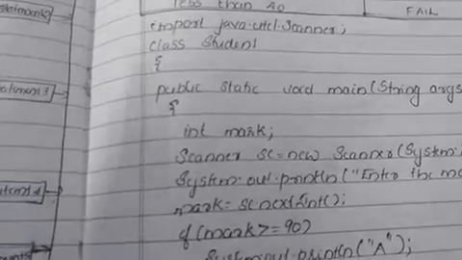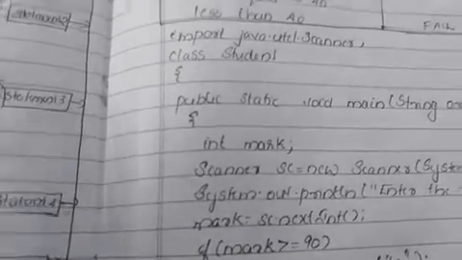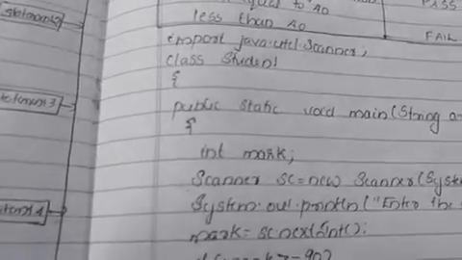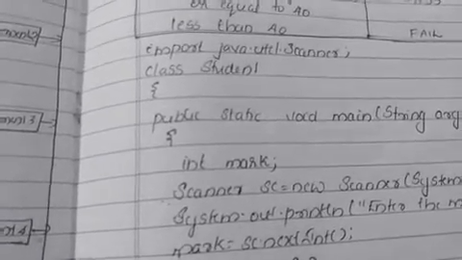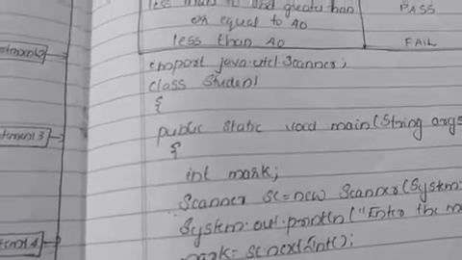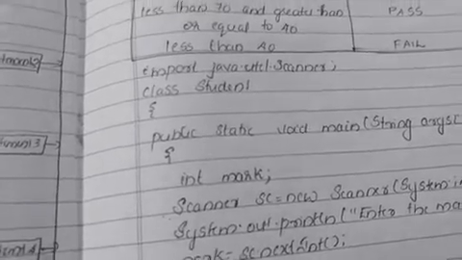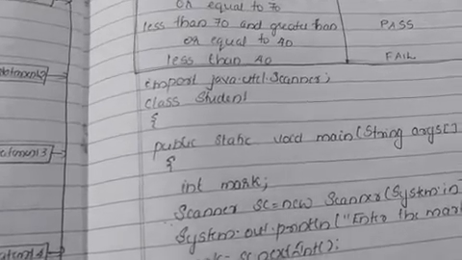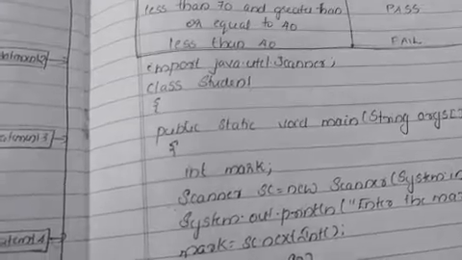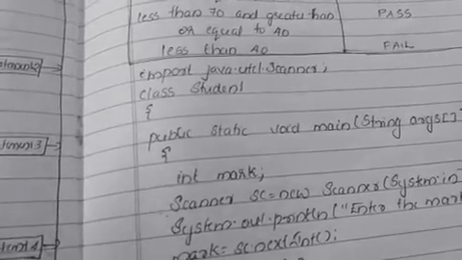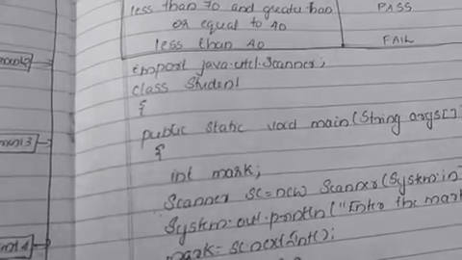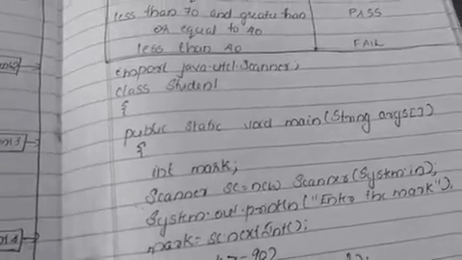This variable is known as an instance variable. Why are we calling this mark an instance variable? Because it is a variable declared inside a class. That is known as an instance variable. So whatever variables we declared so far, those variables are instance variables. These instance variables are also known as data members.